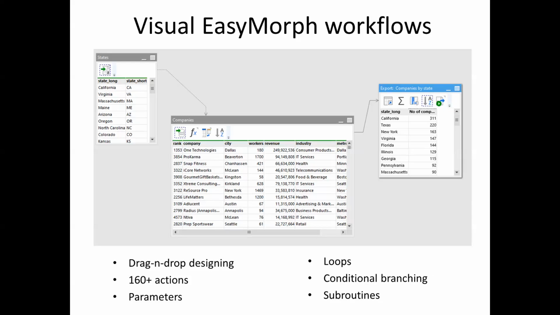And because you do it visually by dragging and dropping actions in tables, that makes designing the workflows very easy. People who work with EasyMorph most frequently cite that EasyMorph saves a lot of time. It's a big time saver because of how easy and intuitive it is.